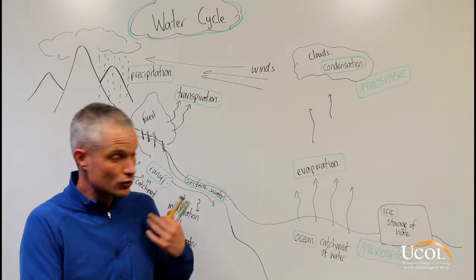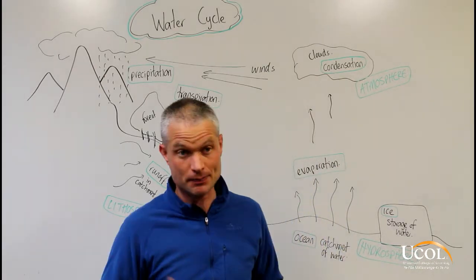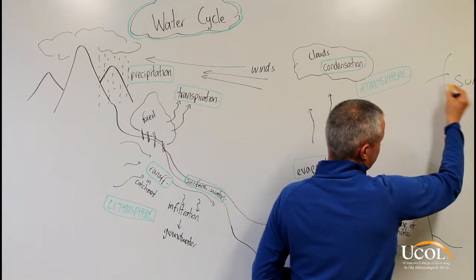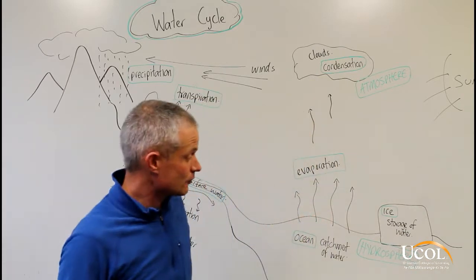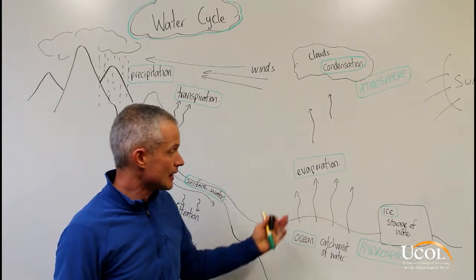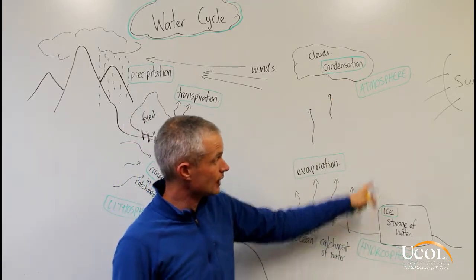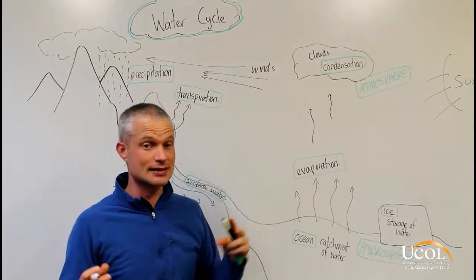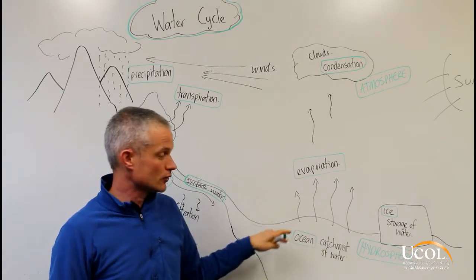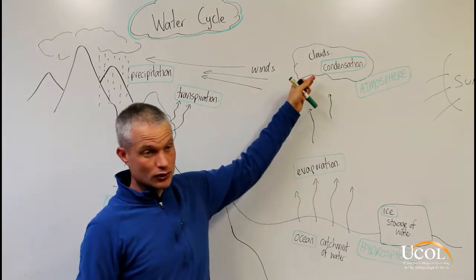But if we look at how water moves around the different spheres on Earth, we could probably start with the evaporation. So if we look at, again, the sun and the role the sun plays, the heat from the sun will cause the evaporation of water from its catchment in oceans and rivers and lakes. And as the water evaporates up into the atmosphere, so it's moving from the hydrosphere up into the atmosphere, it will start to condense because it's colder up in the atmosphere than it is on the surface of the various water bodies that are receiving this direct sunlight. So as it cools down, the